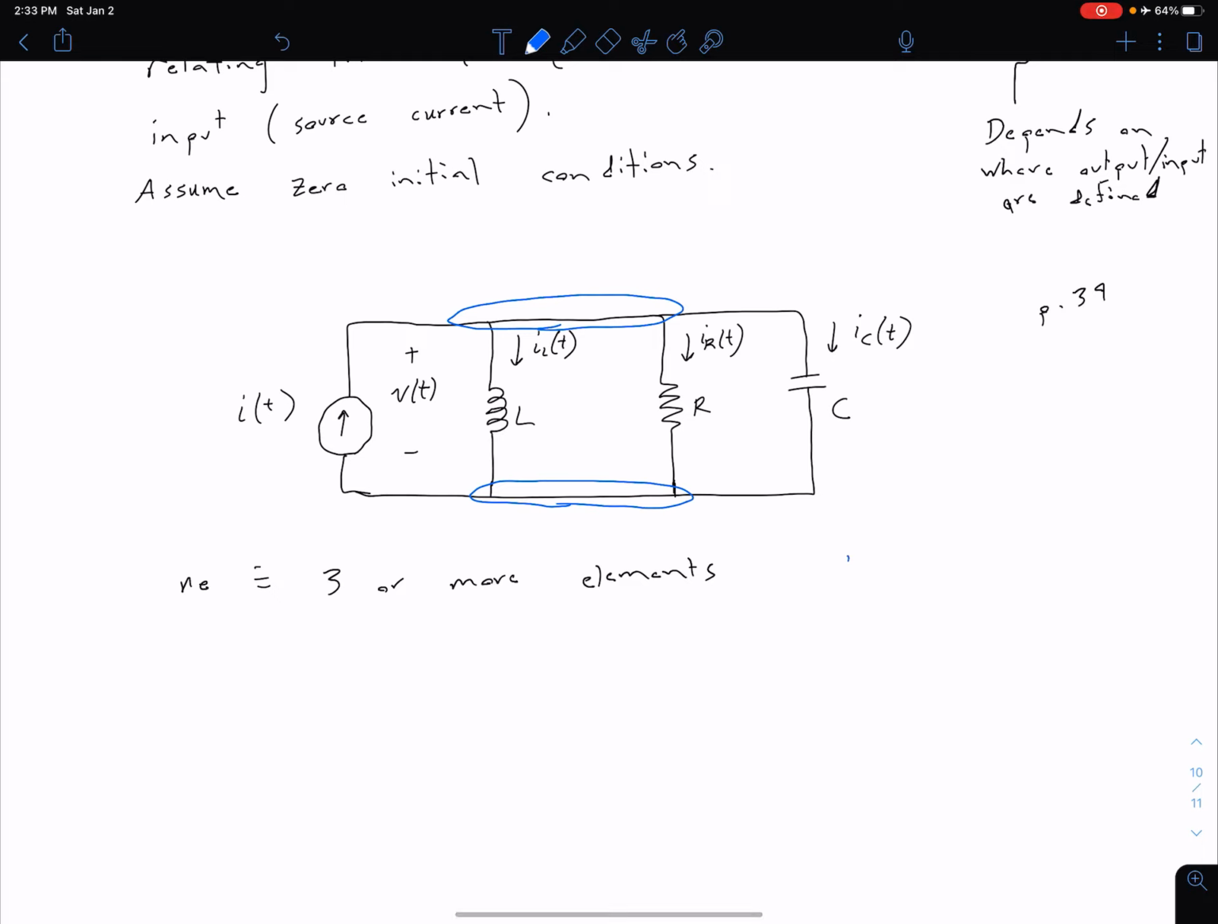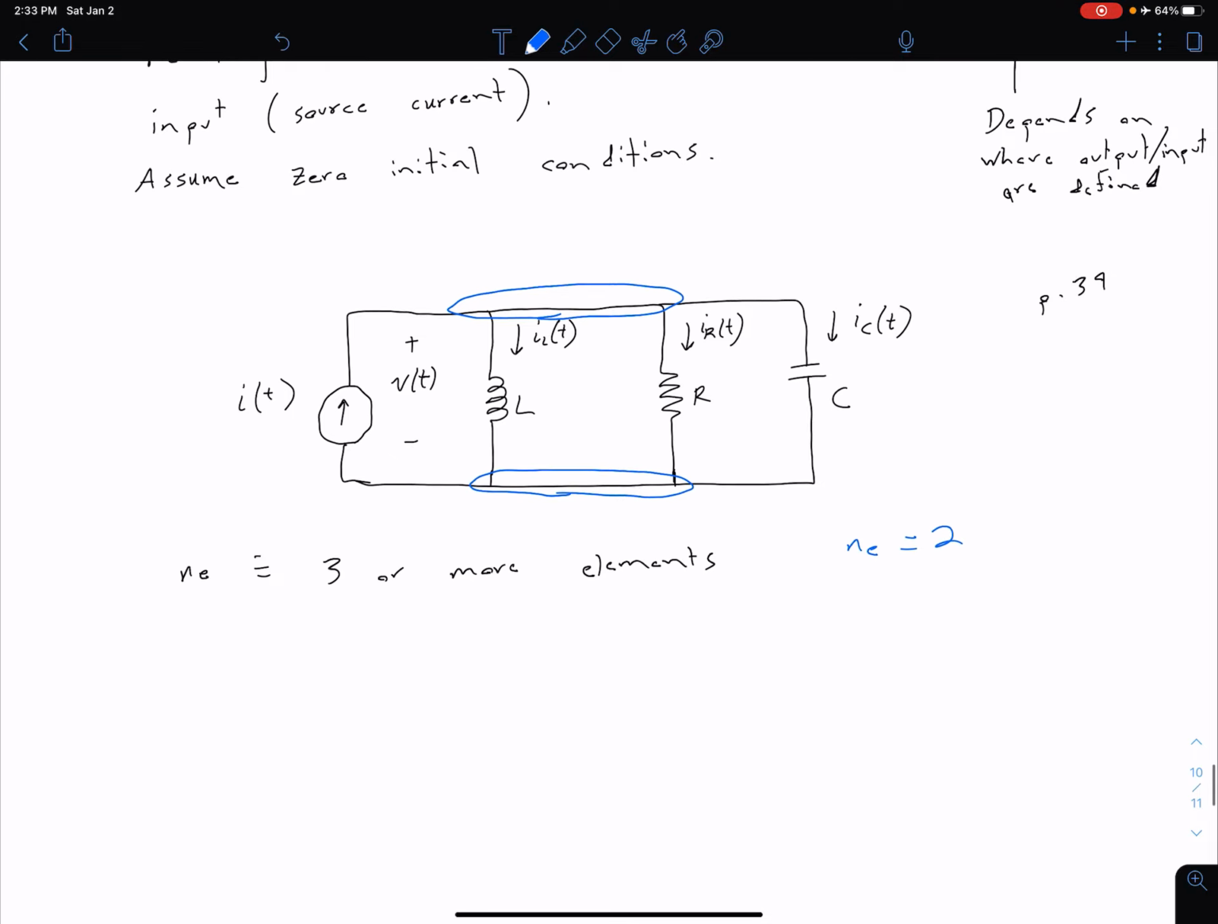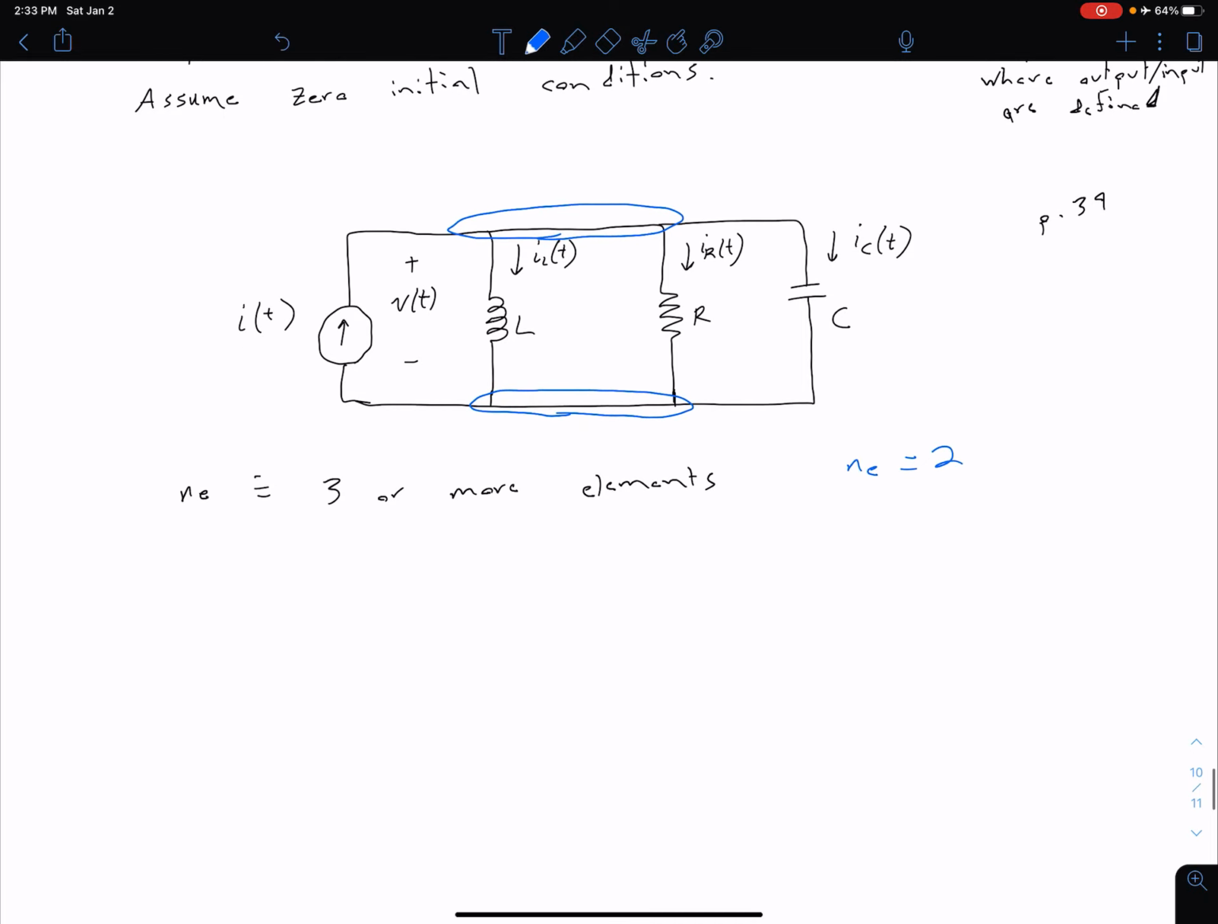So oftentimes I'll just write that N sub E, which is our number of essential nodes, is equal to 2 in this case. The next thing we want to do is to define a reference node. We're not going to worry about how to do that for this class. There are some ways, sometimes, where you might want to choose a specific node. In this case, let's just say I want to make it this bottom one,